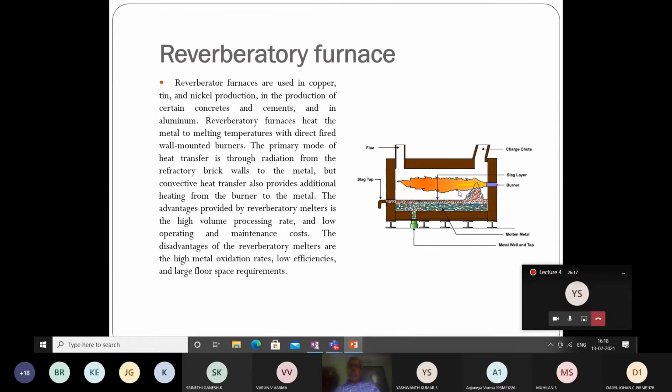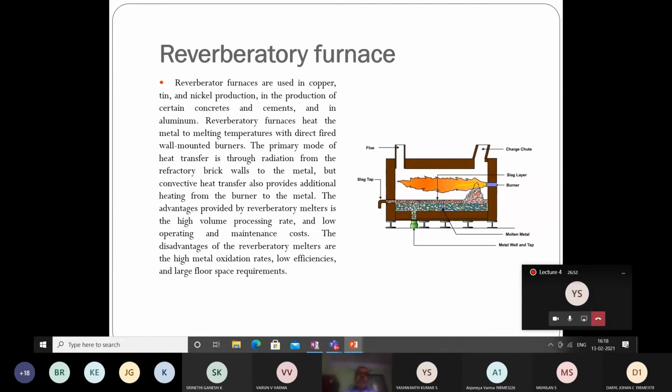Once the flame heats them, the molten metal will collect in the bottom. So this is the tapping hole. This is the molten metal, and there is a metal well and tap. There is a tapping hole, just like a tap, through which we remove it. And here also there is a slag at a higher level. So initially the tap will be closed and the slag will be taken out. You see the diagram, there is a difference. The slag will go out, and then the molten metal. Once the slag is completely taken out, the slag hole is closed and the tapping hole is opened. So this is the reverberatory furnace.